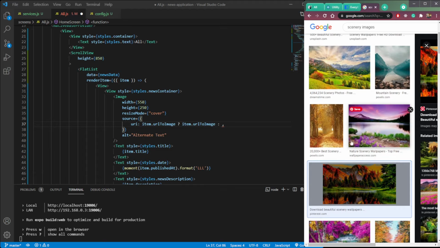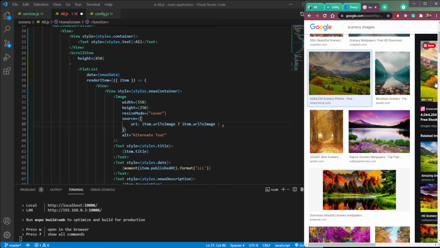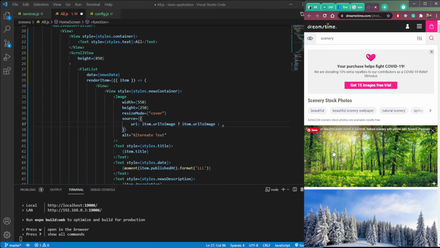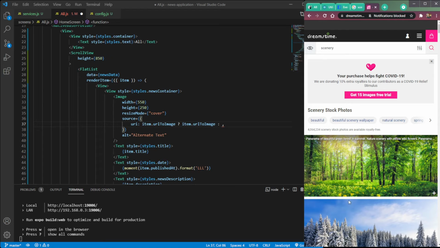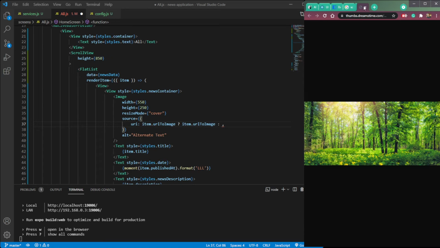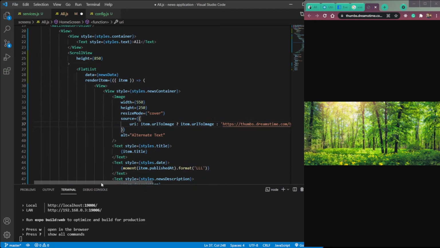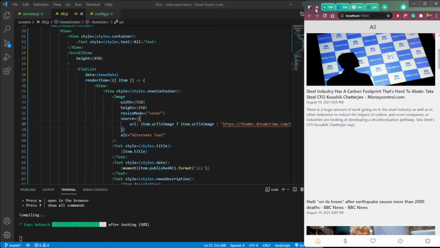Let's check for this or this. So copy, right click here and click open image in new tab to copy this image link, and then paste the link here in quotes and save the file. Now let's check.